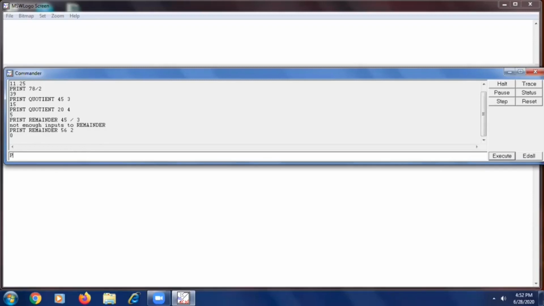For the remainder, print remainder 56 by 2. So the remainder will be 0. There will be no remainder. Then 59 by 2.